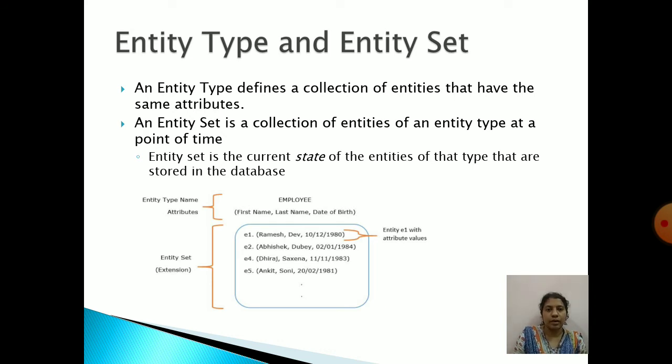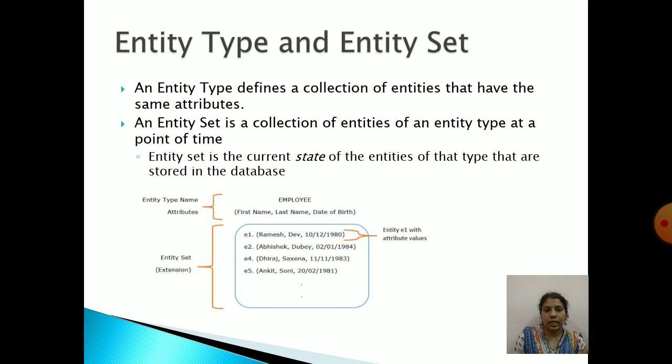Like you have a class and objects, right? Student is one class, and if I have Namrata or Karthik or Udank, these three students are the objects or the instances of the student class.